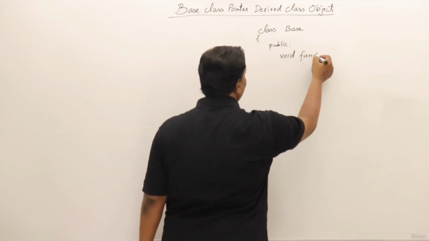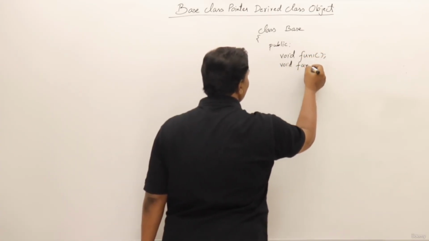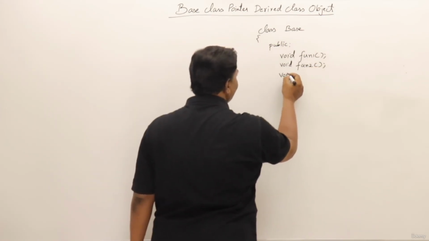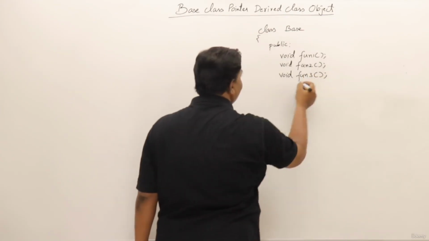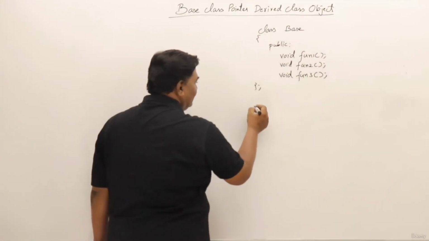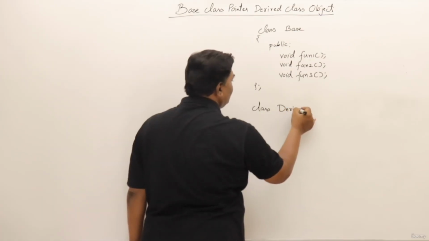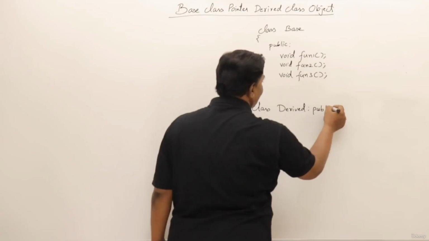There is function 1, void function 2, I'm not implementing them, and function 3. Suppose these are 3 functions present in this base class. Now I will have a class Derived that is inheriting from base class,